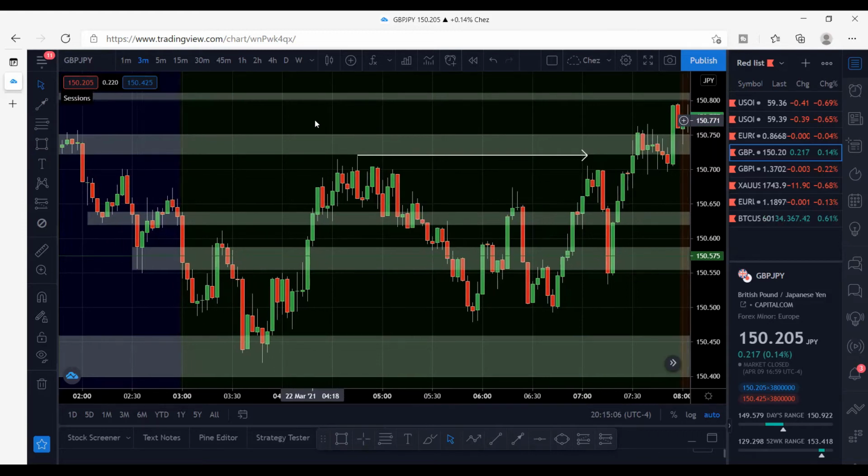Okay. We are at the New York Open now. So we got some kind of pullback and some kind of reaction from this level we have right here. What I would want to see if I was going to buy is for price to clear this wick that we have. Hold on. I want to see price clearing this wick right here with some momentum, and maybe we could take a